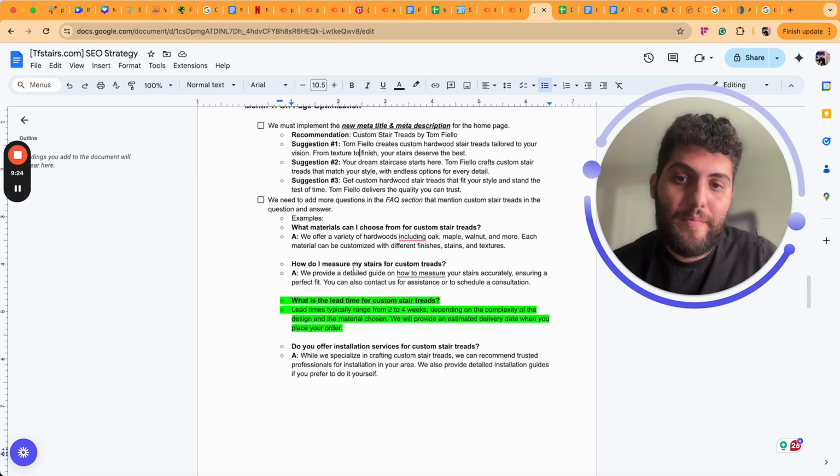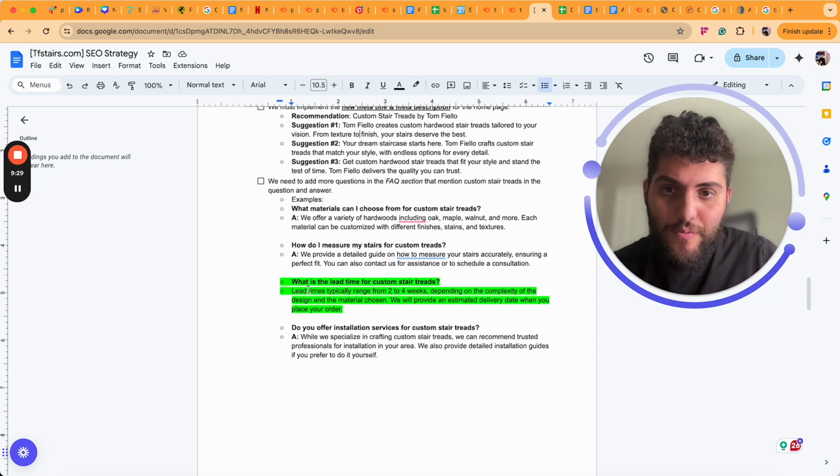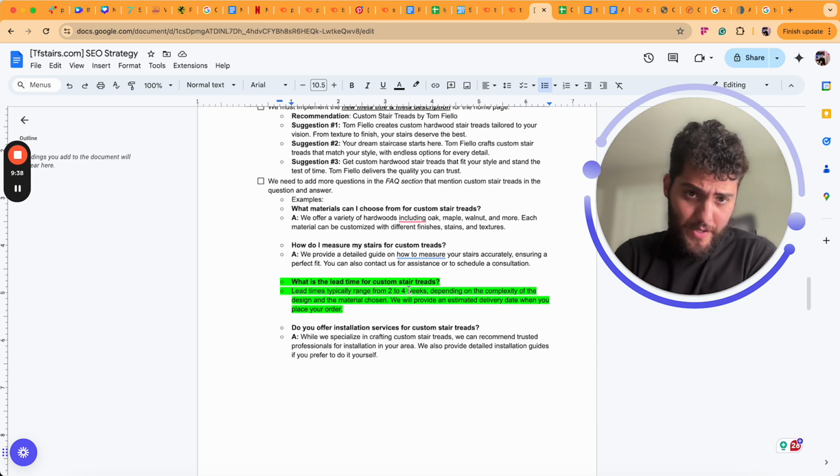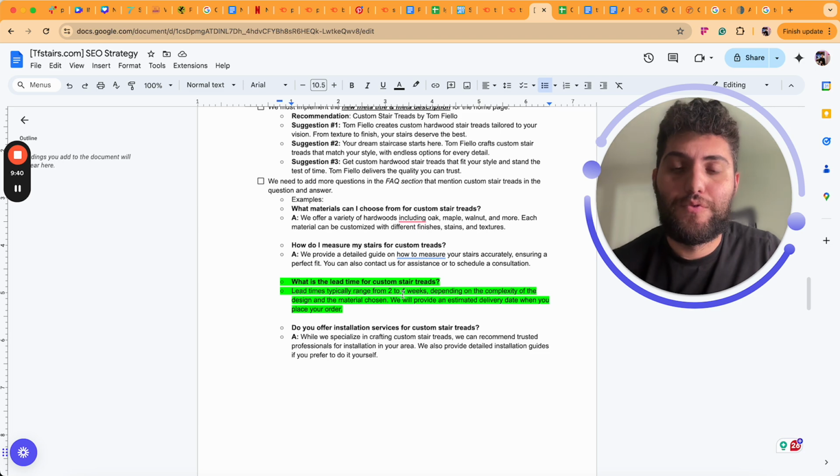You have how do I measure my stairs for custom treads, and then the answers are pretty relevant. We got what is the lead time for custom stair treads? I think that's the most relevant. I think it's my favorite. If we're going to implement one or two of these, the green highlighted would be my favorite because